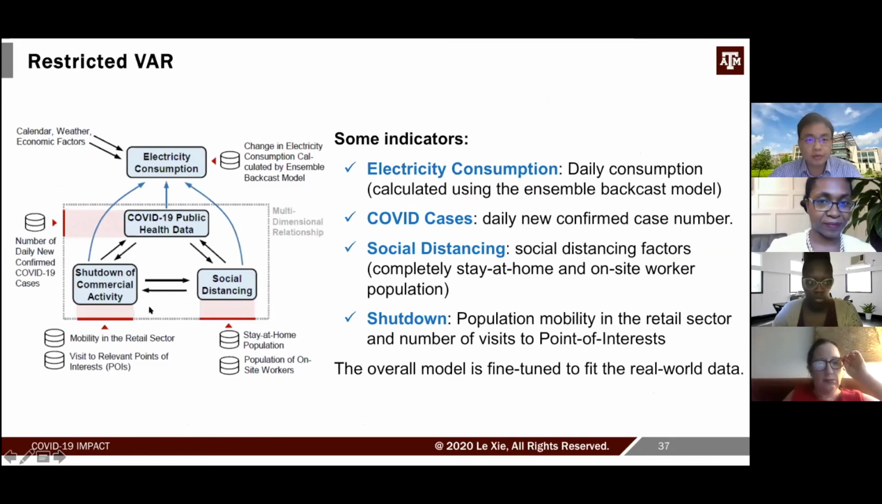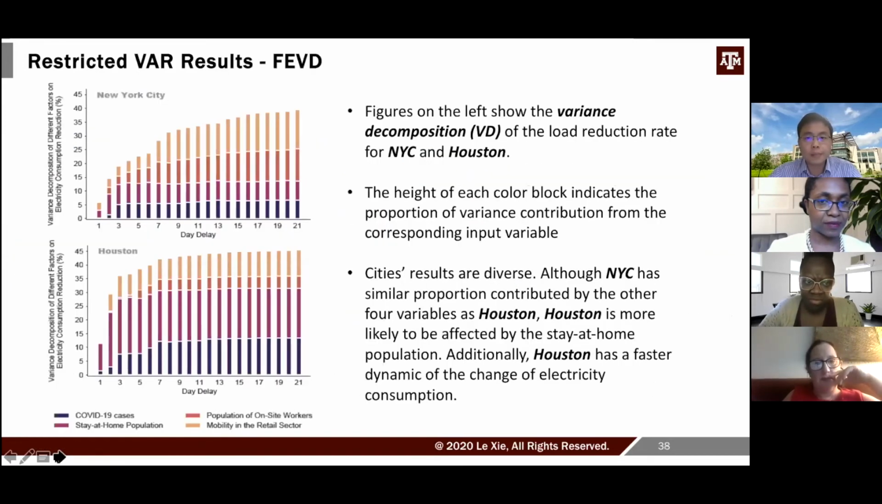So this is the framework of this VAR that enables us to do such analysis, and that provides insight for policymakers. For example, in the city of New York and in the city of Houston, the impact factor is actually quite different. It turns out that in Houston,